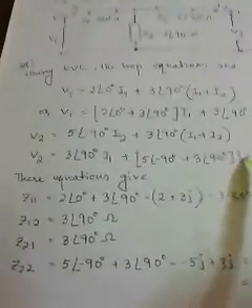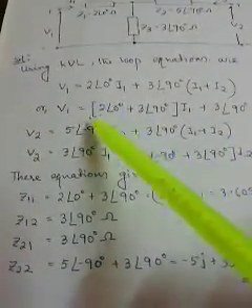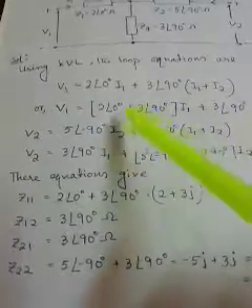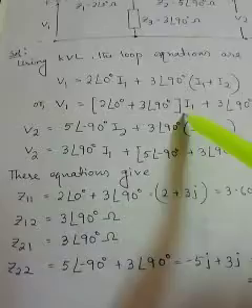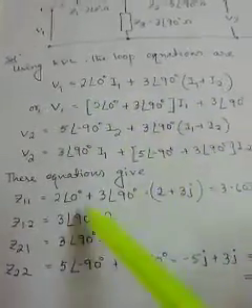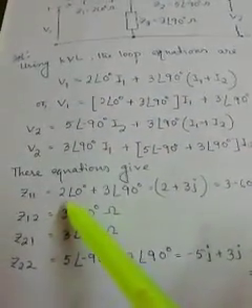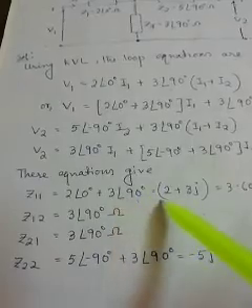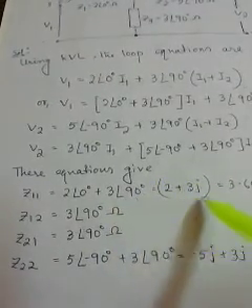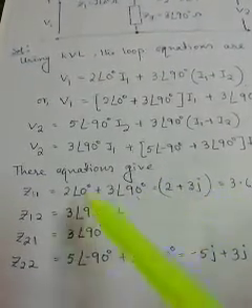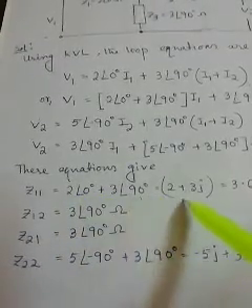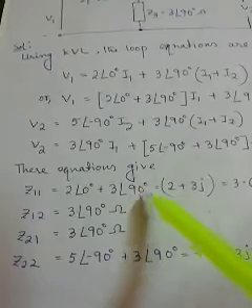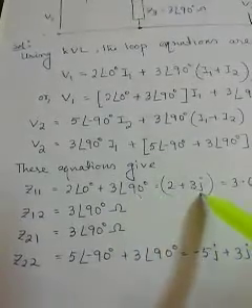But here the question is how we finally represent the coefficient. Here we see in the first equation the coefficient of I1 is 2 angle 0 degree plus 3 angle 90 degree. So these two quantities cannot be added in this way. So what we do is write it this way first, then convert it into the corresponding rectangular form of representation. So 2 angle 0 degree is actually 2 plus j0, and 3 angle 90 degree is actually 0 plus 3j.